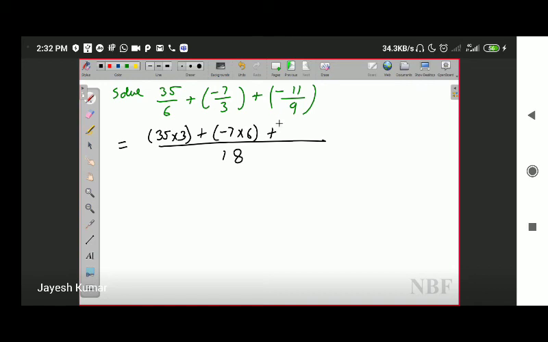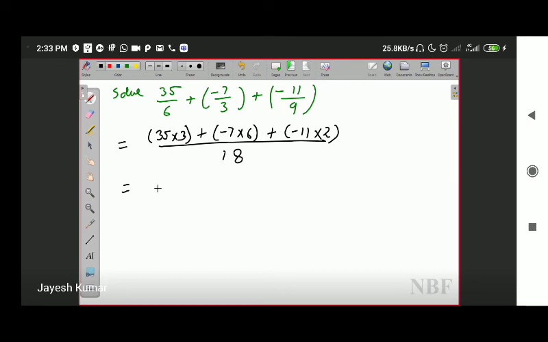This is another way in which you can do the question. You can try any of the techniques. It doesn't matter. Essence of both the techniques are same. You either first of all make the denominator same and then add the numerators, or you can directly multiply the numerator by the desired number. Minus 11 into what should we multiply with 9 to get 18? That is 2. Either way, the question is quite correct. You can do what we have been doing till now, or you can use this approach.